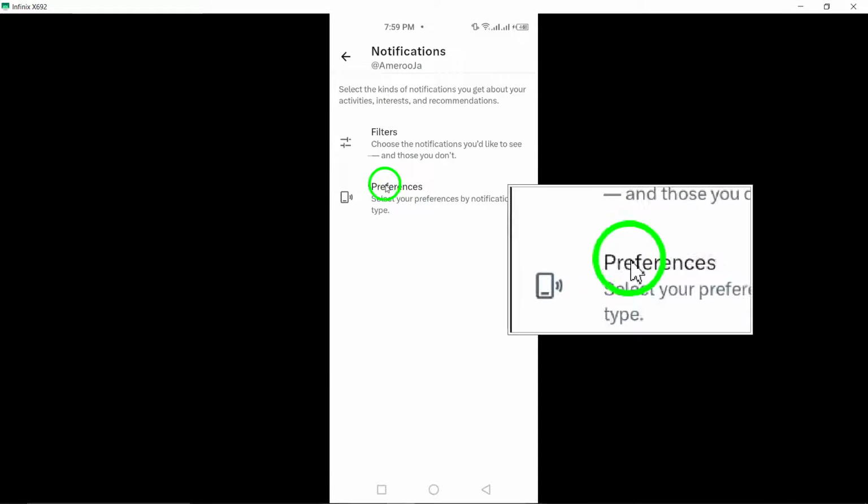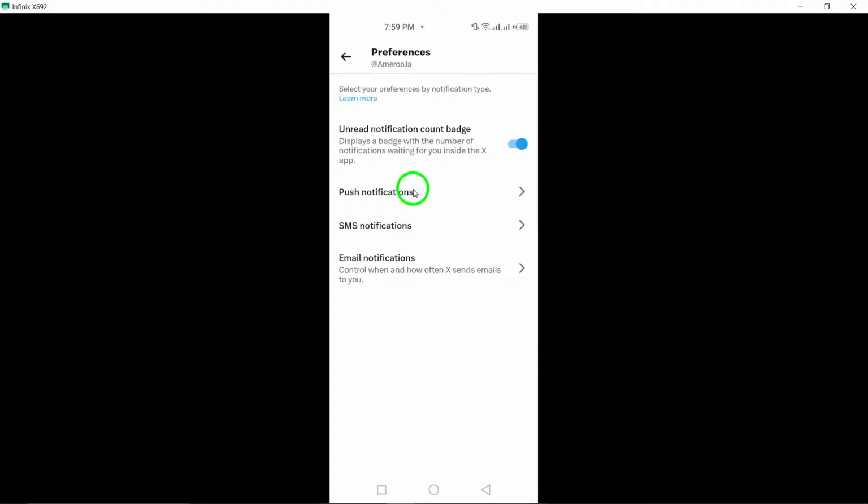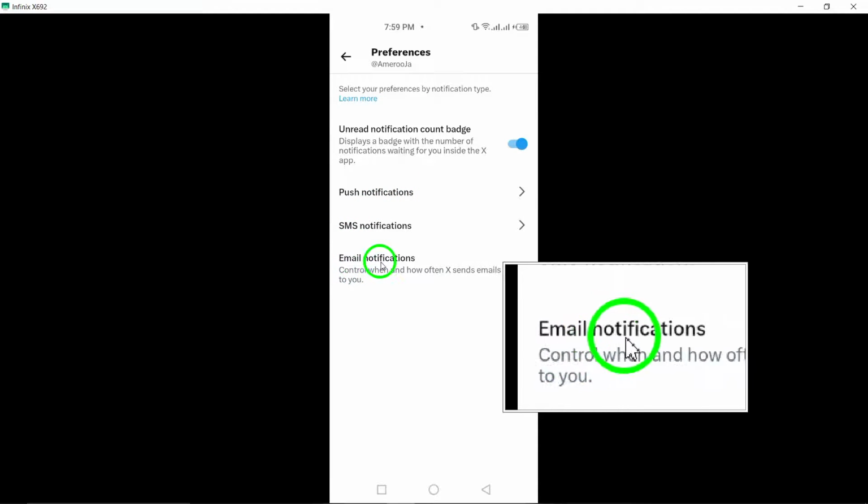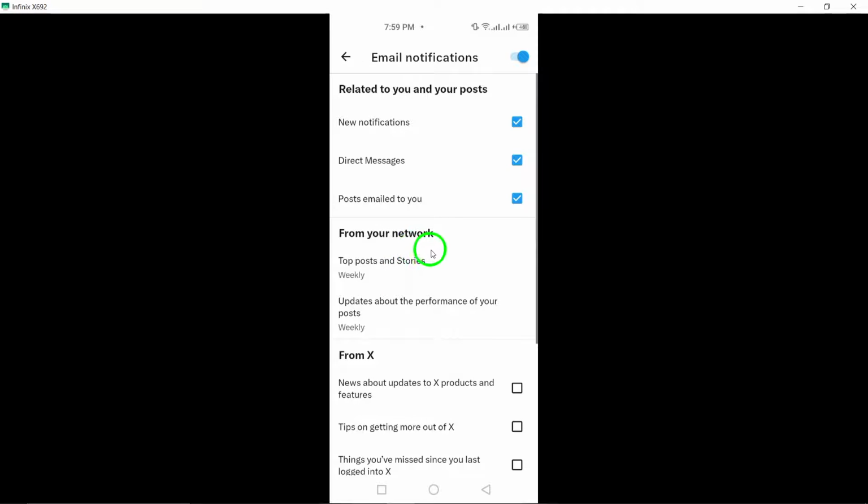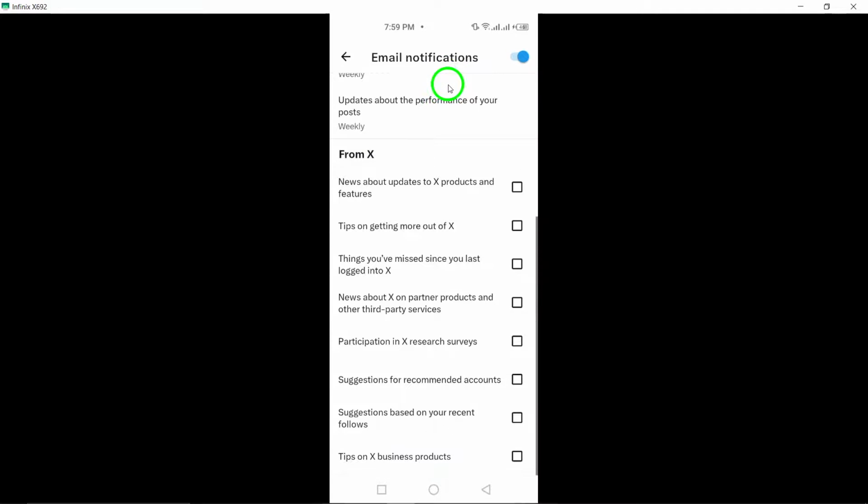Tap on Preferences to specify your notification preferences according to your needs. Select Email Notification to manage email alerts related to your account activity. Under From X, mark the options associated with security alerts and toggle them on to receive notifications for enhanced account